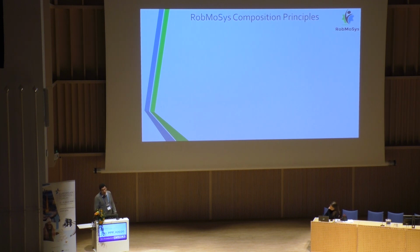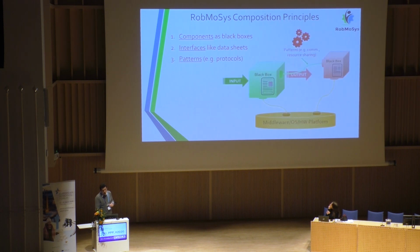The main principles for software composition in robotics are three: components, interfaces, and patterns. Components can be seen as black boxes that we specify just by their inputs and outputs and their transfer characteristics. One key point here is that we want to embed all this information about the transfer features of this black box in what we call a data sheet. This data sheet will help us to integrate in a predictable way with other components,